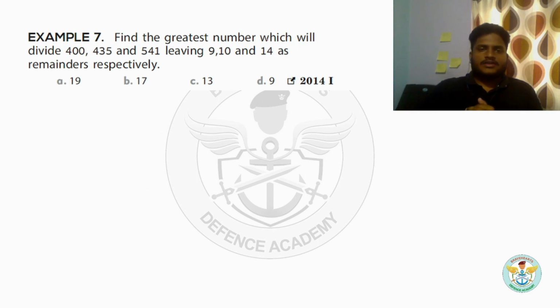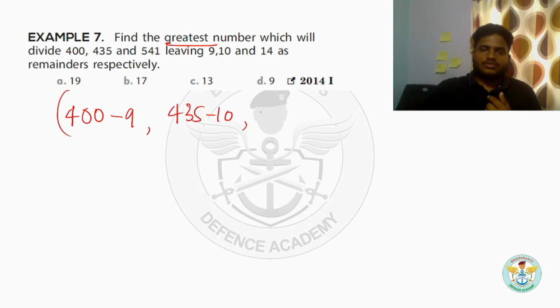Find the greatest number which will divide 400, 435, 541, leaving 9, 10 and 14 as remainder respectively. Here the remainders are different, so we are finding the HCF. How did I know we are finding the HCF? We looked at the greatest number clue. So 400 minus 9 is one number, 435 minus 10 is one more number,